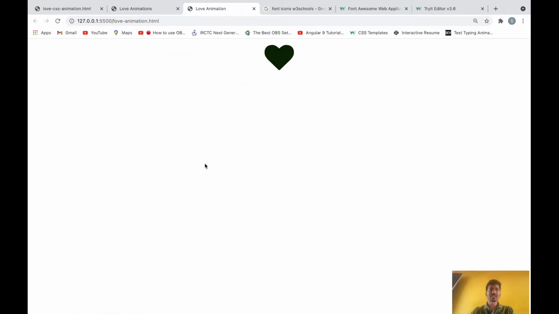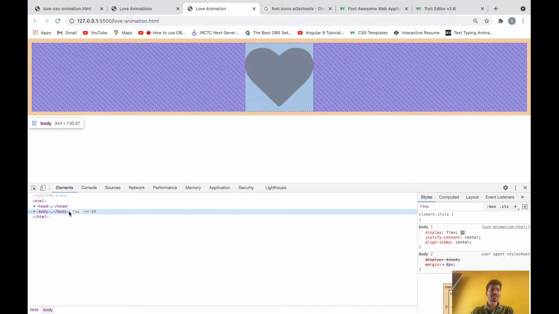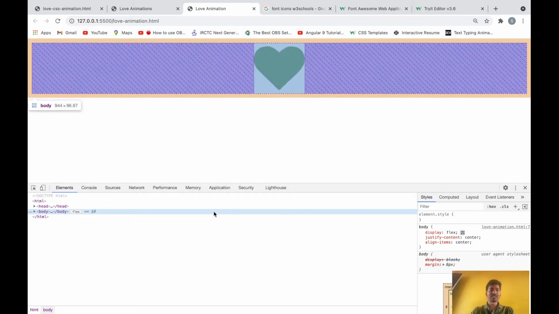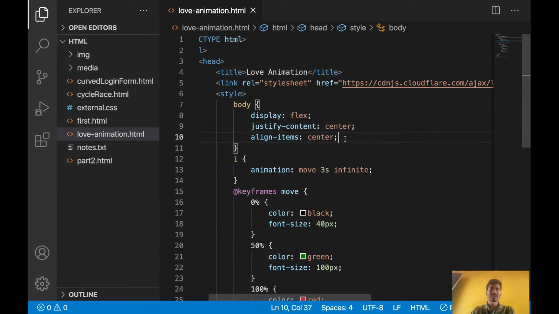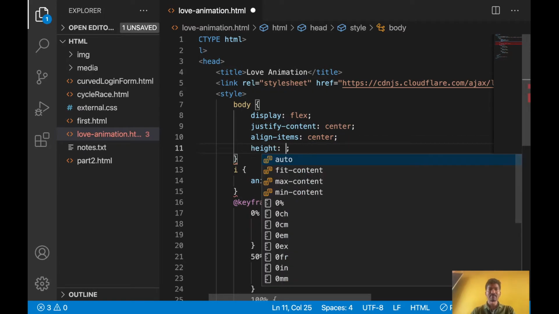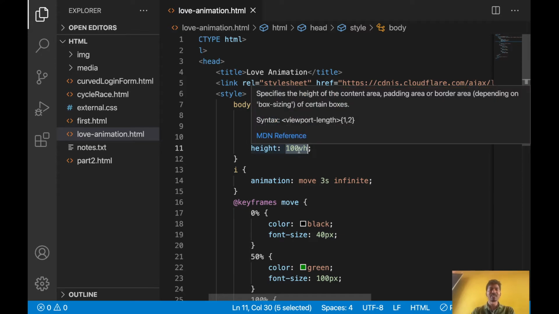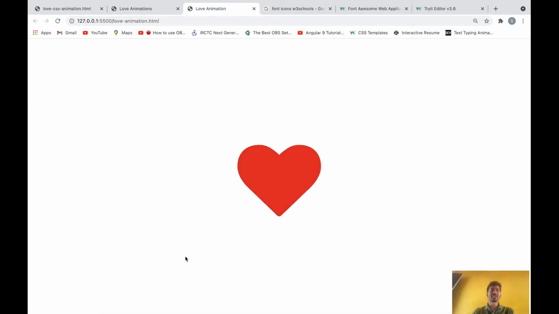See, currently it is not coming because of this body. Just check the body height. See, the body height is only here. So let's apply some body height. Once we apply the full body height, whatever content is there will come in the middle of that height. So let's give height 100vh. I am giving full height. 100vh means 100 percent of the viewport height, so whatever the browser height is will apply for this body. Now let's check it. See, now it is coming vertically in the middle.